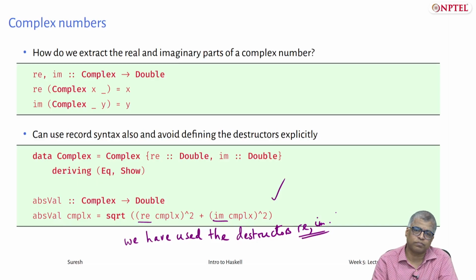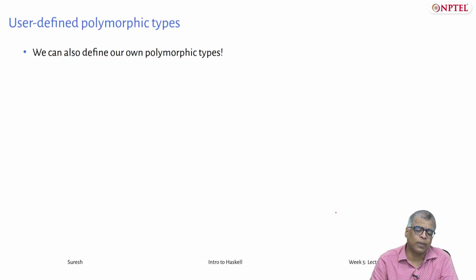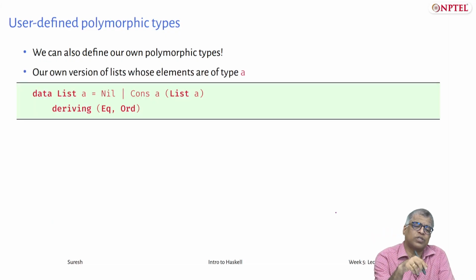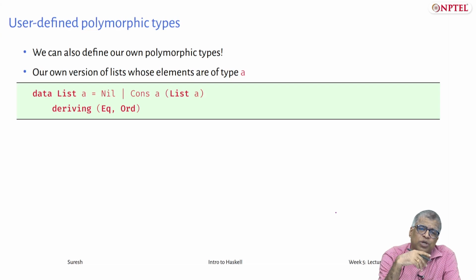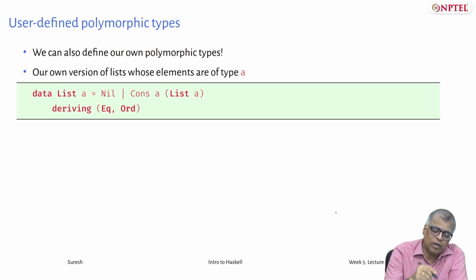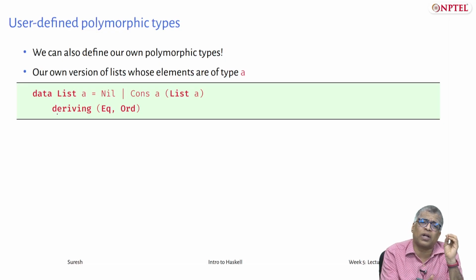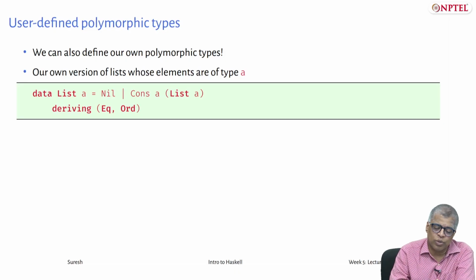Okay, good. So let's move on. You can also define your own polymorphic types. For instance, here is a classic. This is just a representation of the built-in list type. Actually, even so fundamental a thing as lists in Haskell is very similar to a user-defined data type. Okay, so it's exactly this, isomorphic to this, if you will.